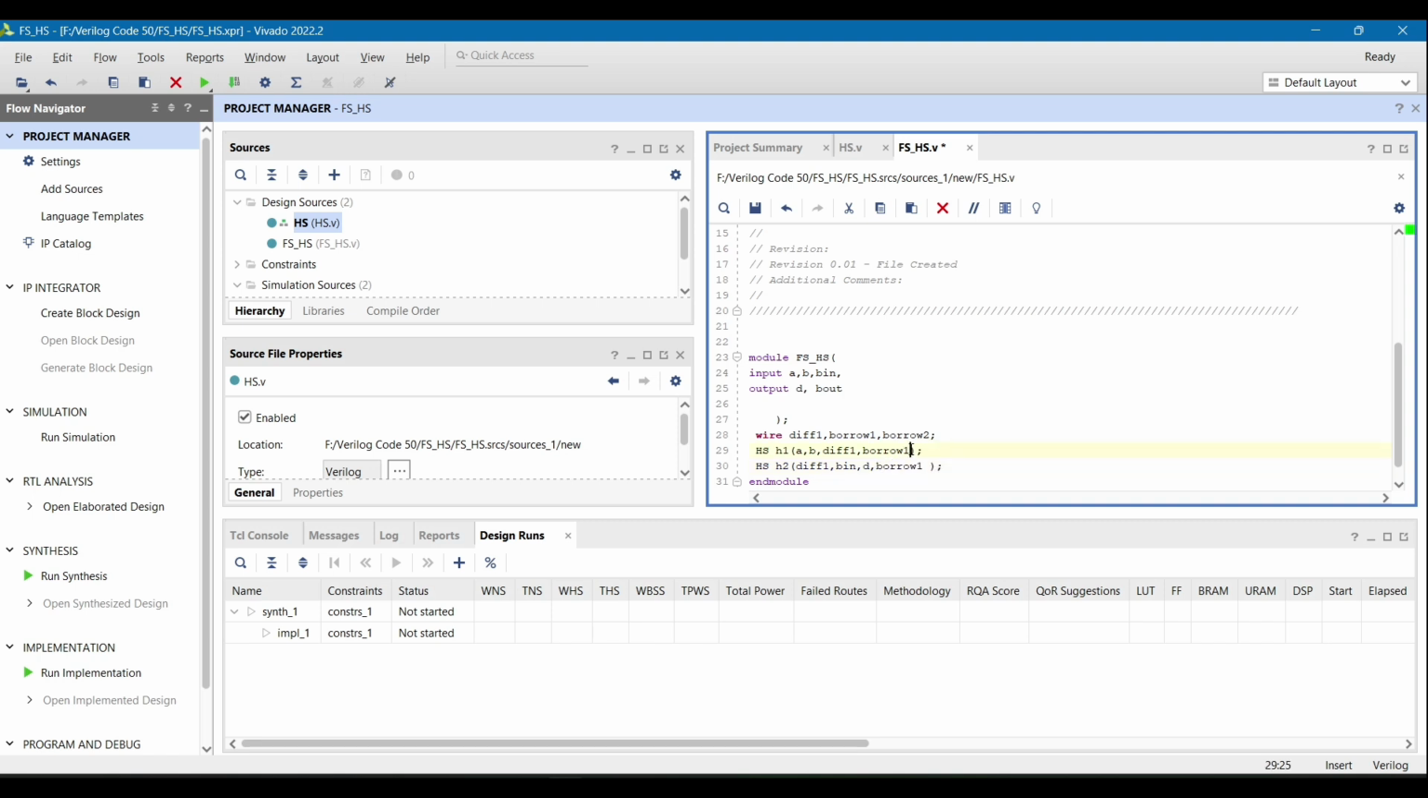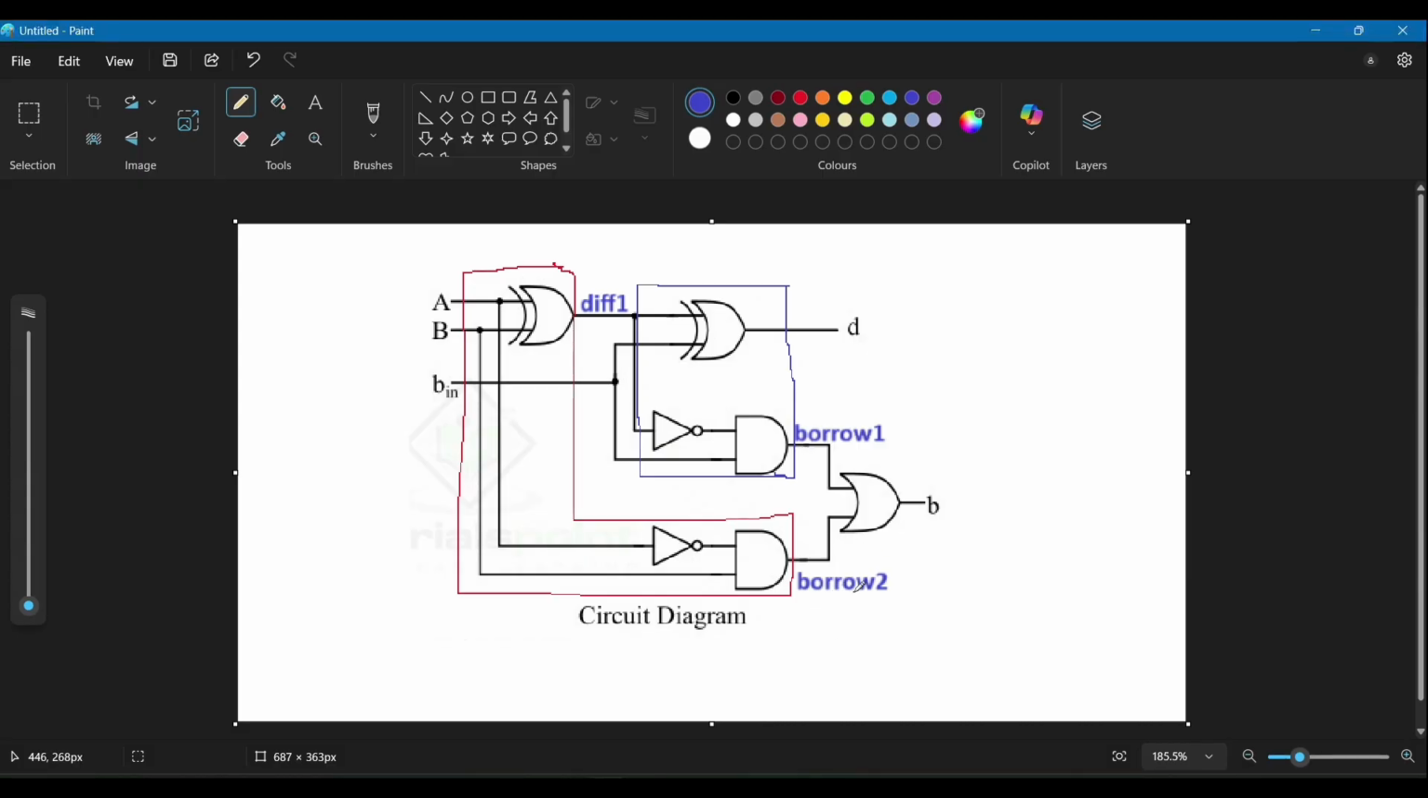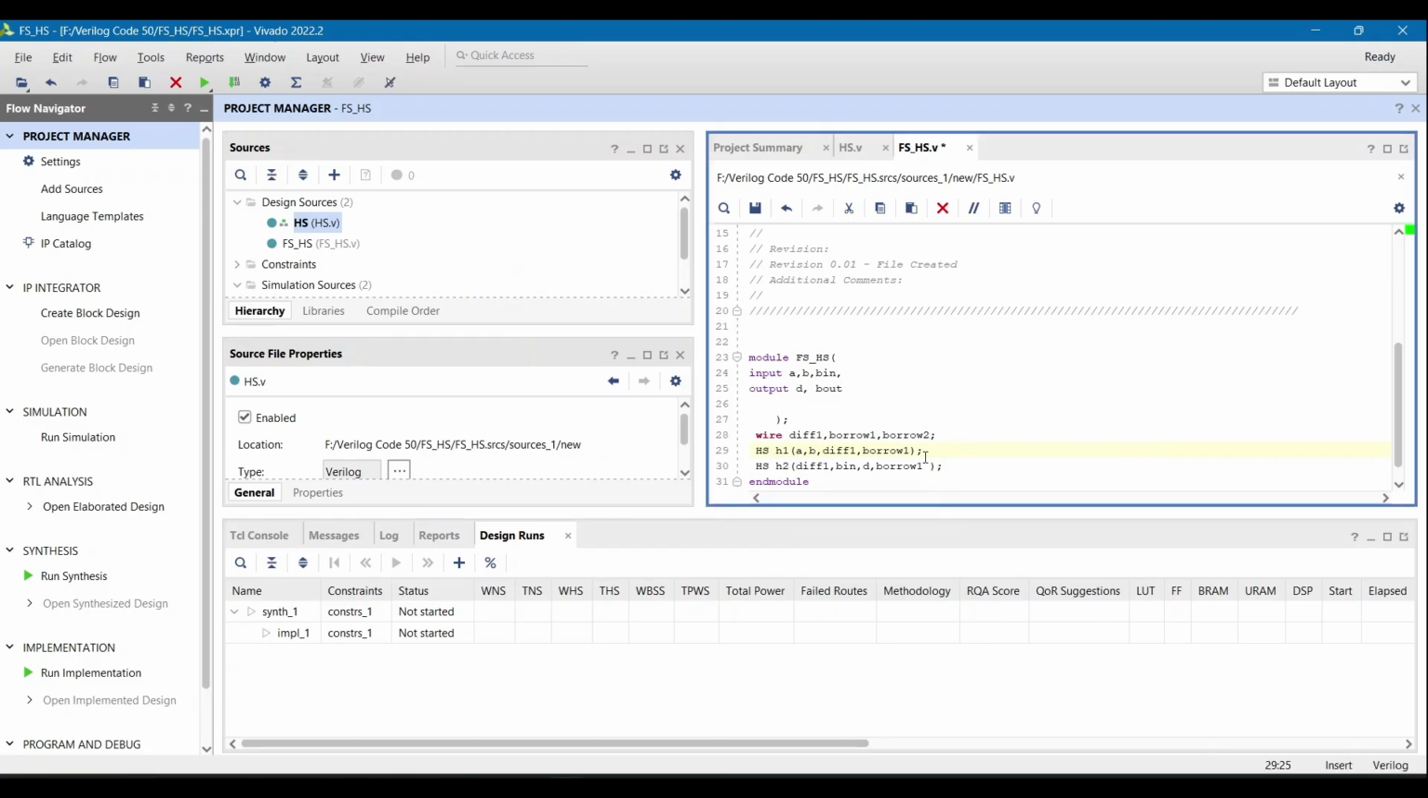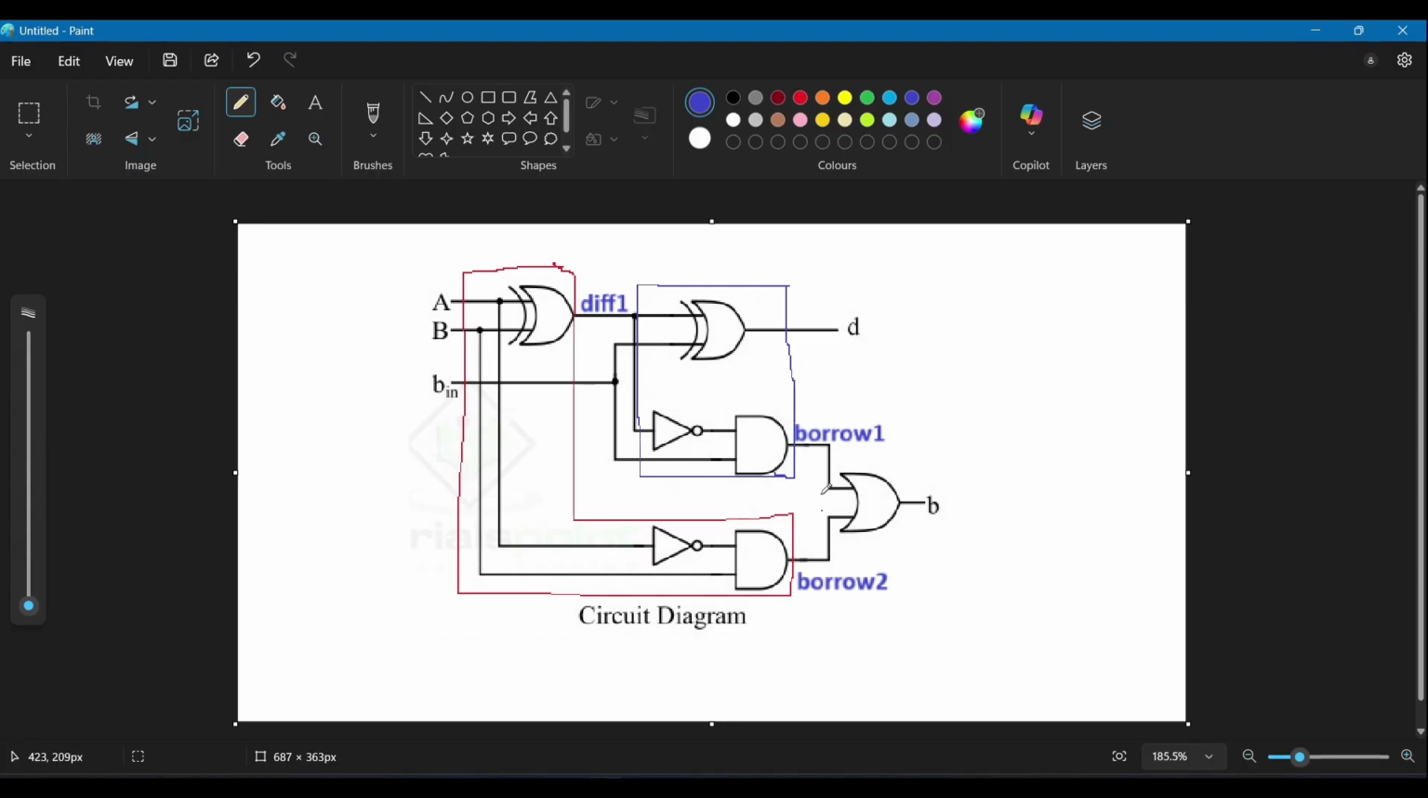Okay, here in this half subtractor 1 we made one mistake. Here we wrote borrow 2, but in the code we wrote borrow 1, so we need to change here. Okay, so here borrow 2, and for this half subtractor 2, here borrow 1. Okay, see this diagram, just refer to this diagram. Okay, next